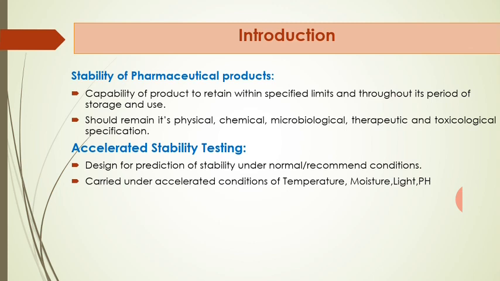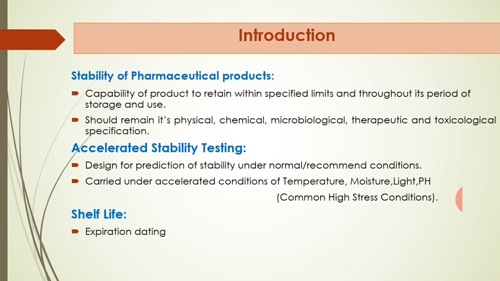So before we go through the various methods for prediction of shelf life based on the accelerated stability data, here we can discuss the shelf life. So the expiration dating or the shelf life of a drug is the time interval for which a drug product is expected to remain within an approved specification and according to the label storage conditions. Or shelf life means the time in which 90% of the drug is remaining and 10% is degraded.